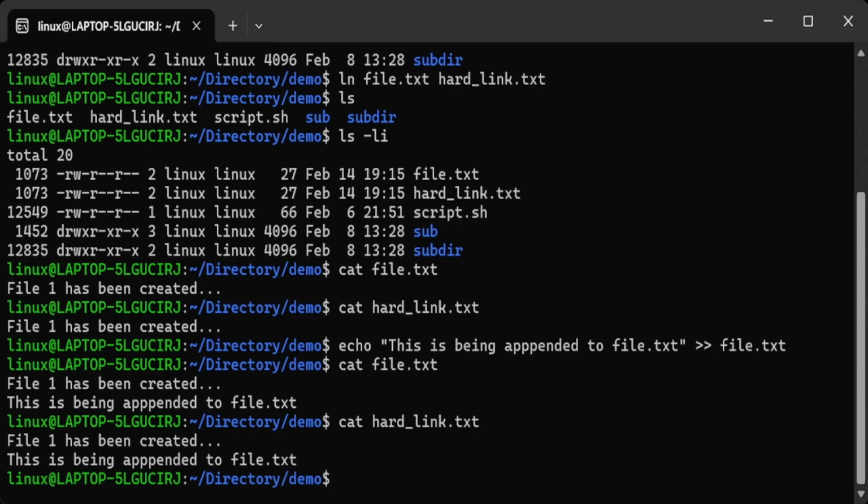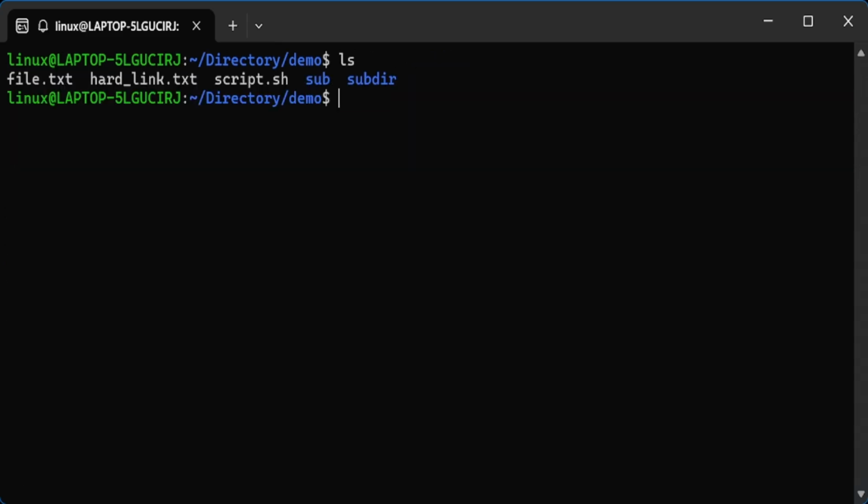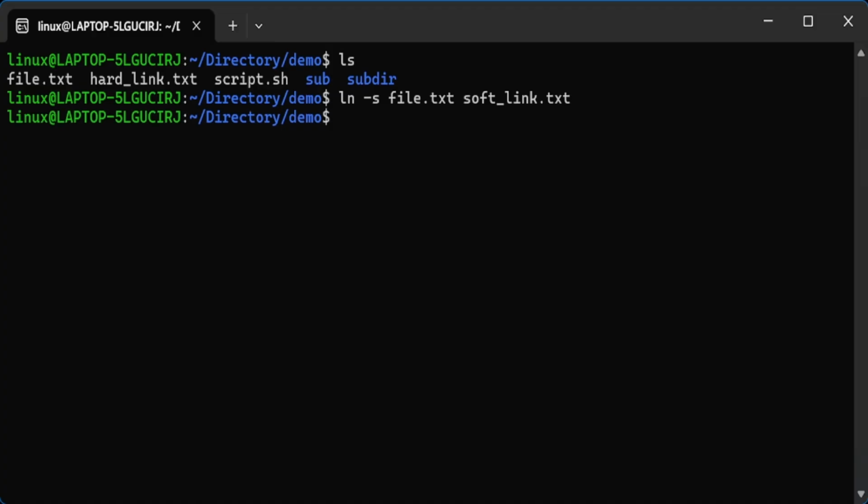Similar to this, let's now move on to symbolic links. So I'd like to clear my workspace. Let's go on with the next example. Let's say we create a soft link. In order to create soft links, you would basically follow the same structure as before. Let's say like this, and then you would write the name of the new file that is linked to this specific text file, and once you hit enter,